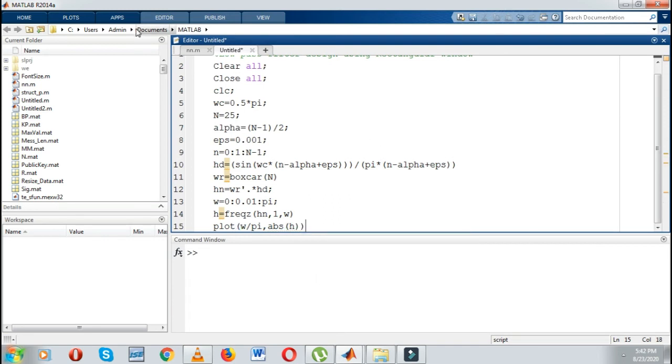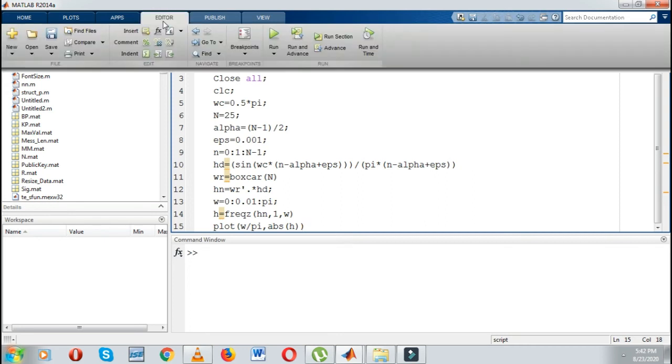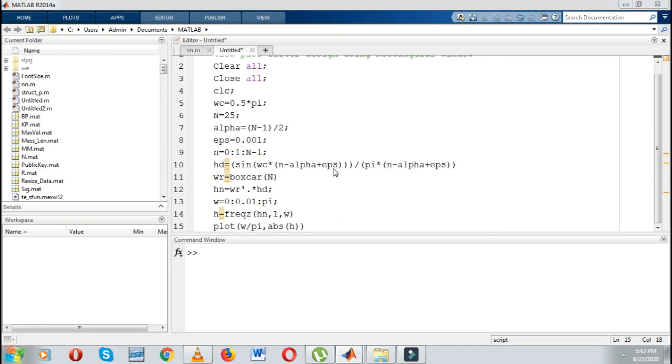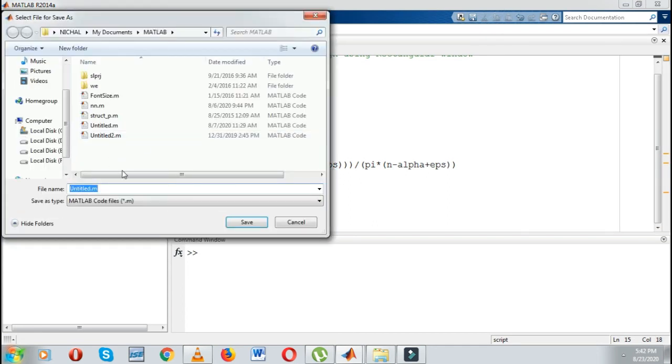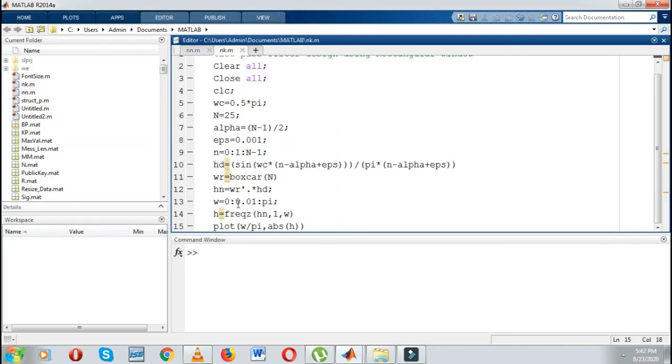Okay, and simply go to the editor options and click on run. Then you can save the file. Okay, you can see there is one problem in the command.